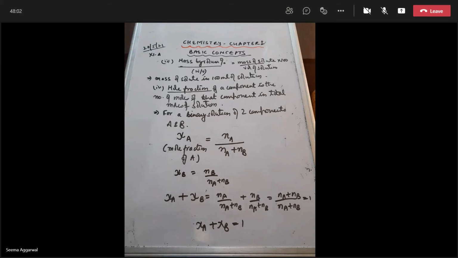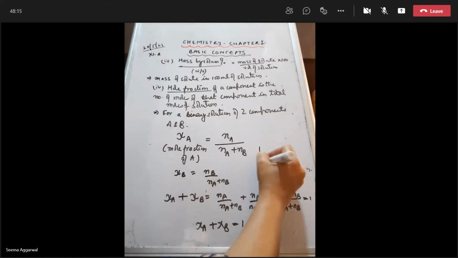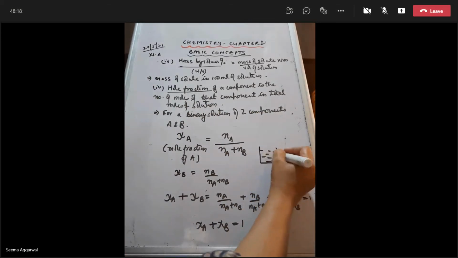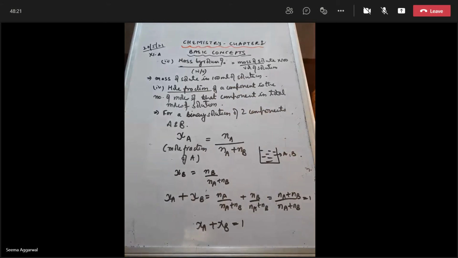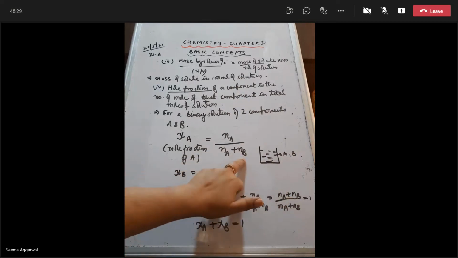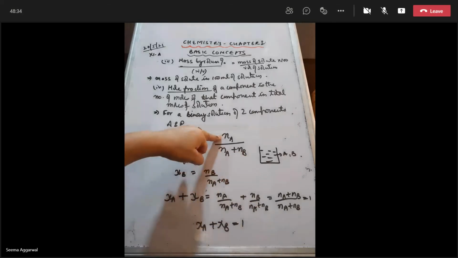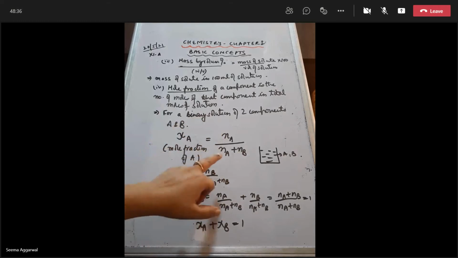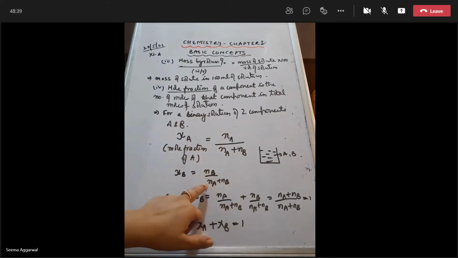Yes. See, one more thing, I will first take the numerical, then I will do more concentration terms. See, if I am taking a binary mixture, in which there are only two components, okay? It means we have a solution with two components, one is A and one is B. So what is its mole fraction? Out of the total, how many parts does it have? How many total parts are there? Number of moles of A and number of moles of B, the total of these two. Out of that, how many moles of A are there? NA. Similarly, chi B means number of moles of B upon total number of moles, that is NA plus NB.